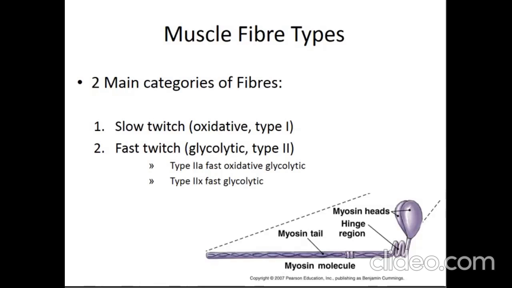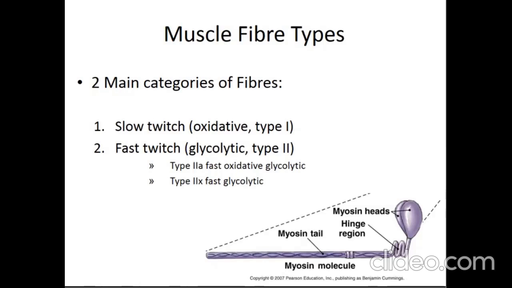Then our second type of fiber is called the fast twitch. It's also known as type 2 or glycolytic fiber. This fiber is larger, it can generate a lot of force and produce force quickly, but these fibers are easily fatigued. The fast twitch fibers allow for short bursts of high force development, and can be further divided into